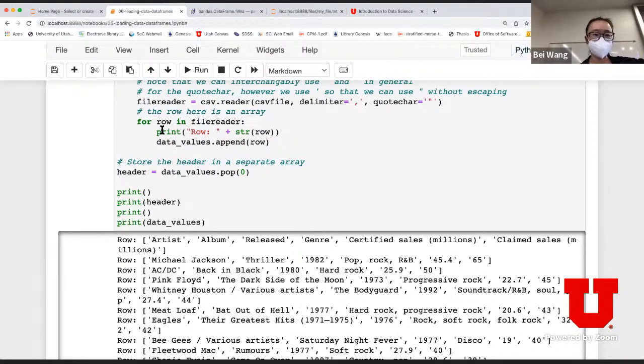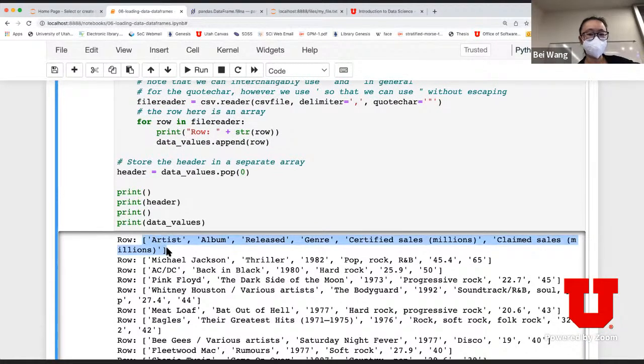So if you actually look at this print statement, right? That means for every row in what I have read, print the content in the row. So in the first row, it looks familiar, it's a list. But it's a list because, remember, previously I had to do both readline and split to create this list. Now using this one single function, csv.reader, it's going to just read that row and split it.